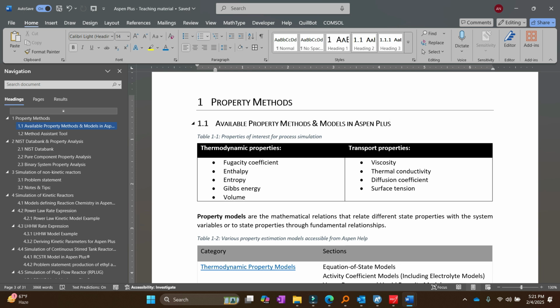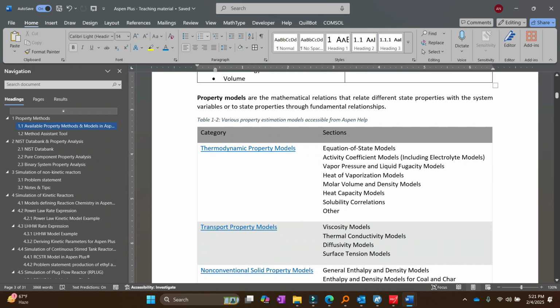What you need to mind is the difference between models and methods. This is a particular language related to Aspen Plus. Aspen HYSYS uses another language. But for Aspen Plus, one thing is the model and the other thing is the method. So the model is